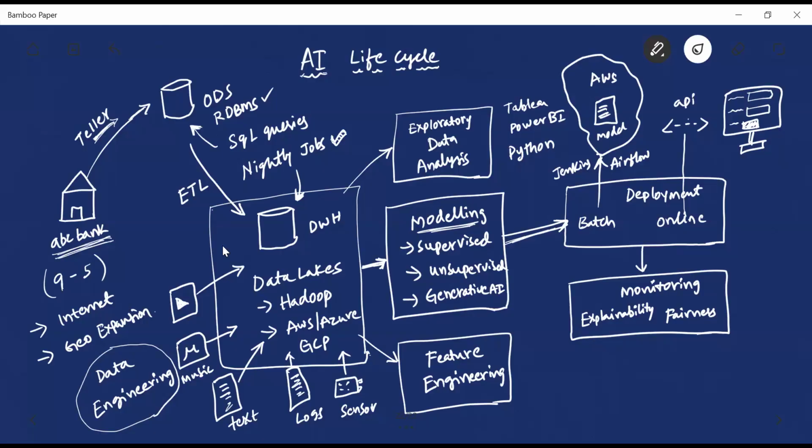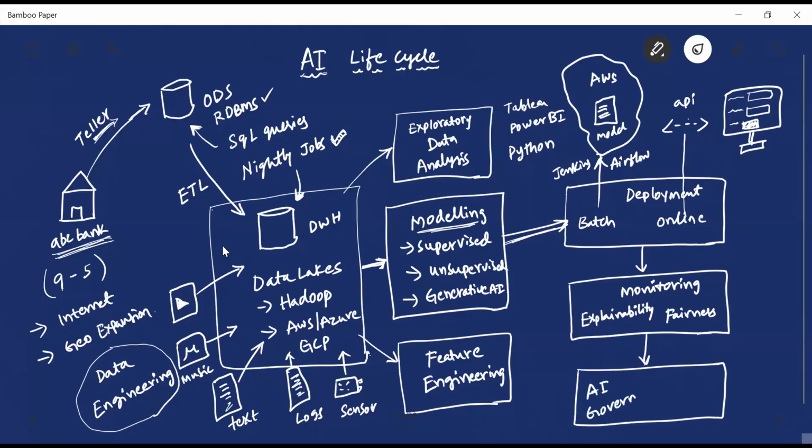And last but not the least, we have two other components, which are called AI governance and AI quality. So AI governance talks about a lot of governance standards which are used within a lot of AI companies. Now we are talking about fairness and